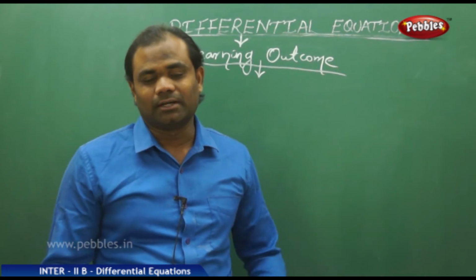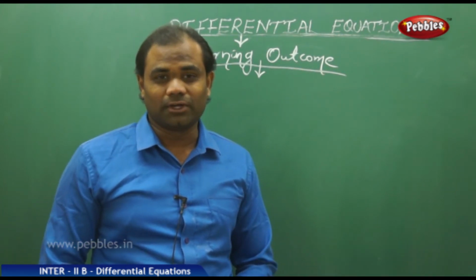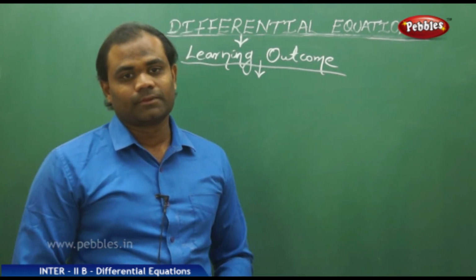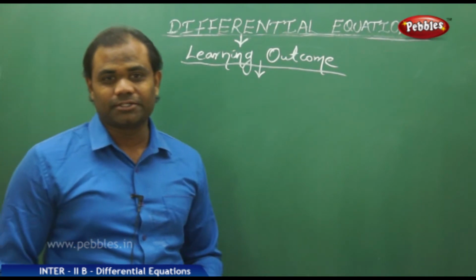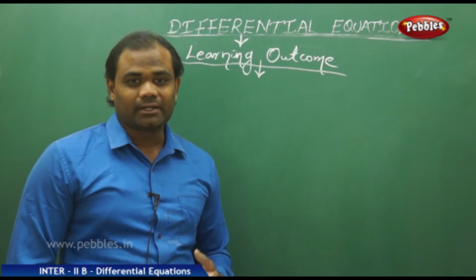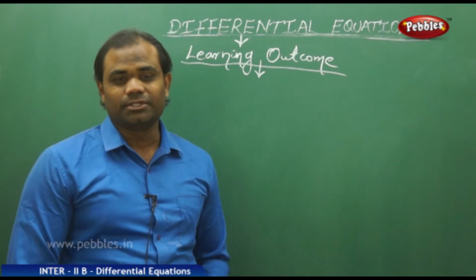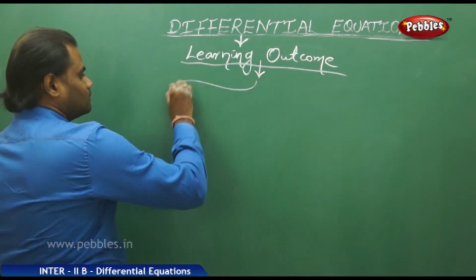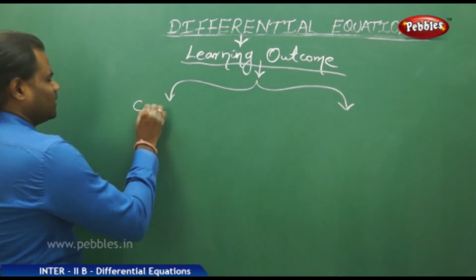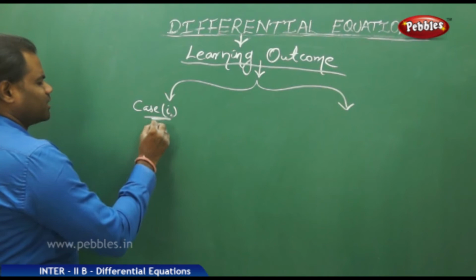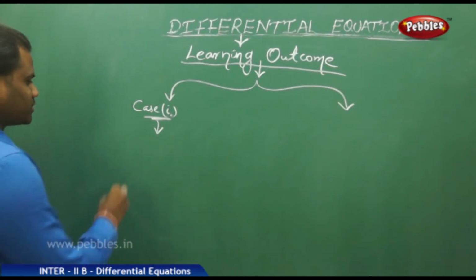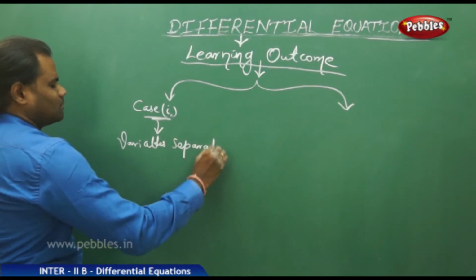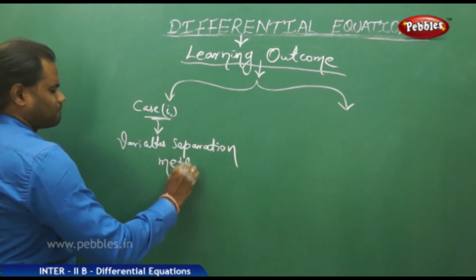Now let's see the learning outcome of the method 3, that is solving of non-homogeneous differential equation both with case 1 and case 2. As we have seen the solving of non-homogeneous differential equation, we have seen that indirectly we have reduced that into the homogeneous form or using the variable separable method. So the case 1 always reduces the non-homogeneous differential equation into variables separation method,